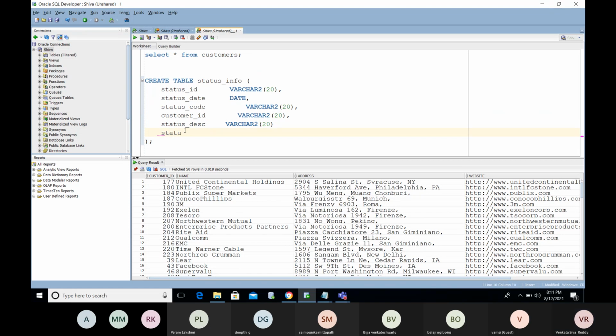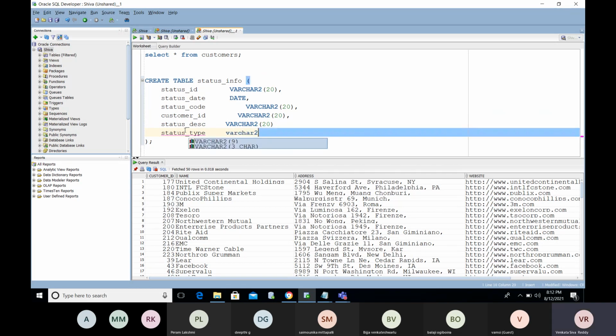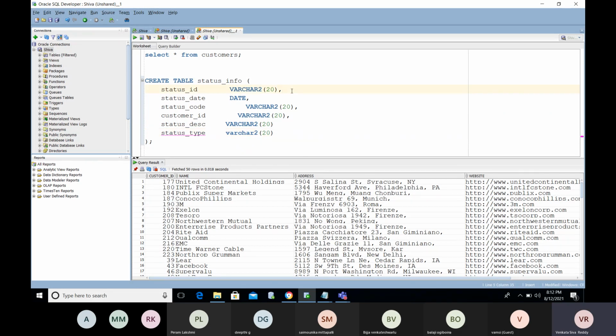Then the state of the status: is it active or inactive?